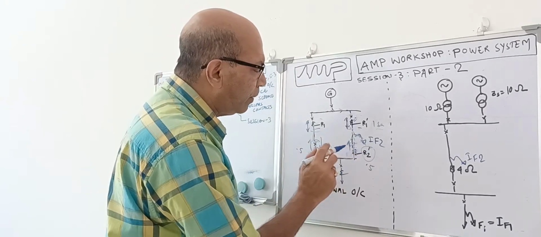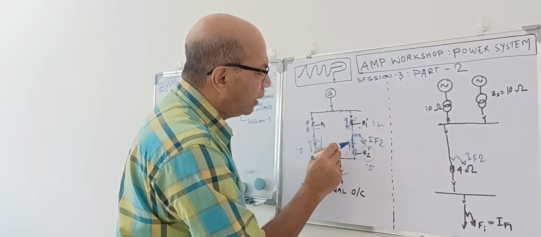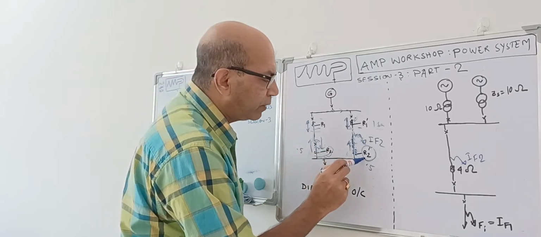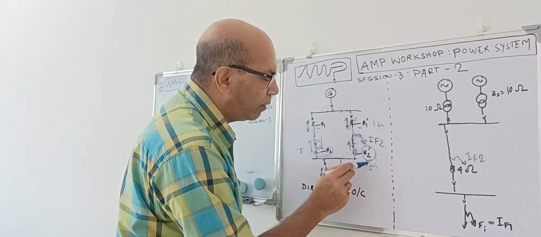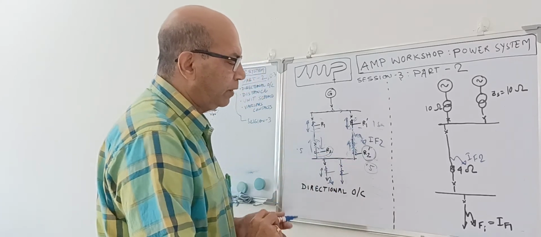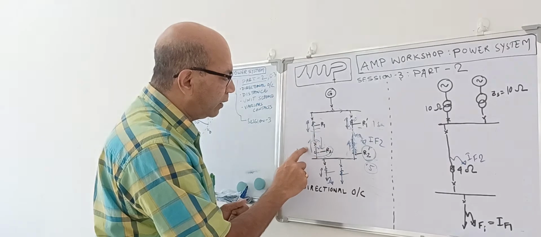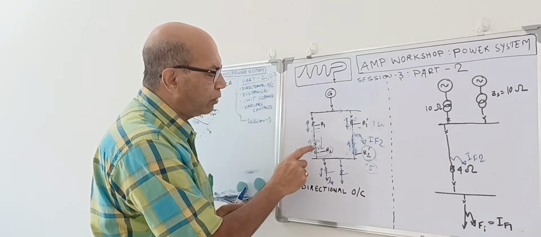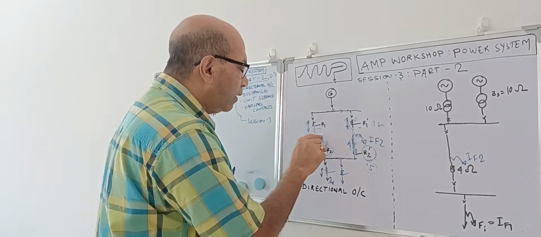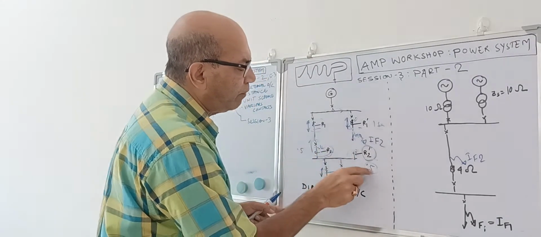But this relay, what will happen? The current is coming this way and then going to the fault. In that case, this relay will sense the current immediately. The moment it senses the current, after 0.5 second this relay will operate and this breaker will open, right? And this relay is not operating because this current is flowing this way and this relay is set to look this way, so it will not see the current. So this breaker will remain closed and this breaker will open after 0.5 second.